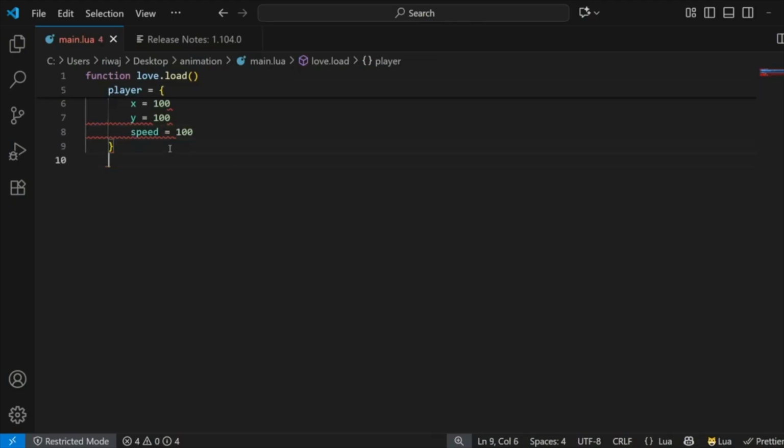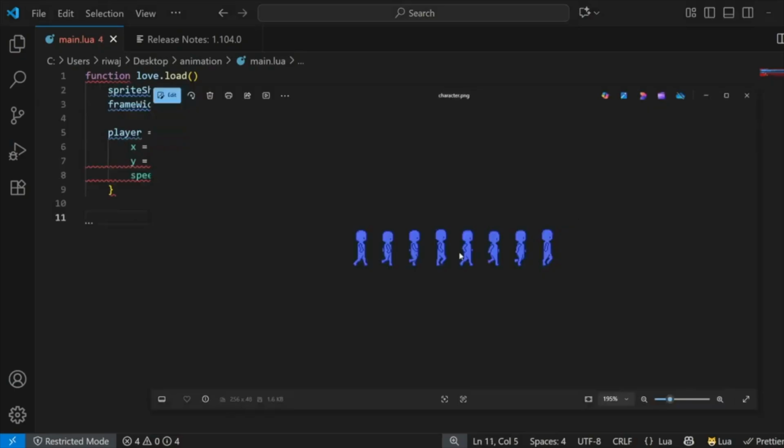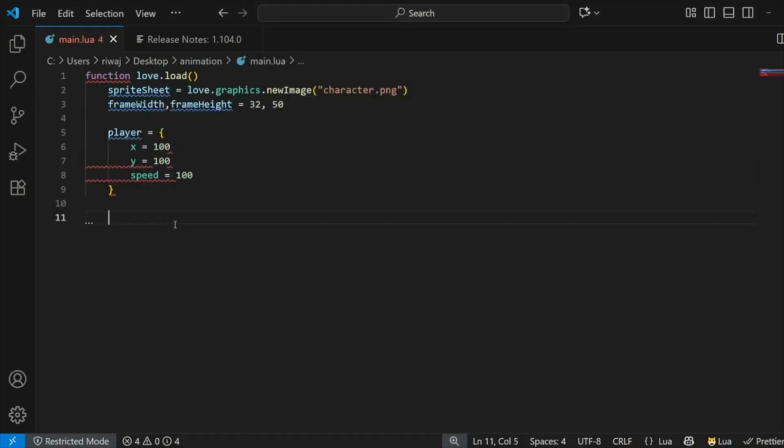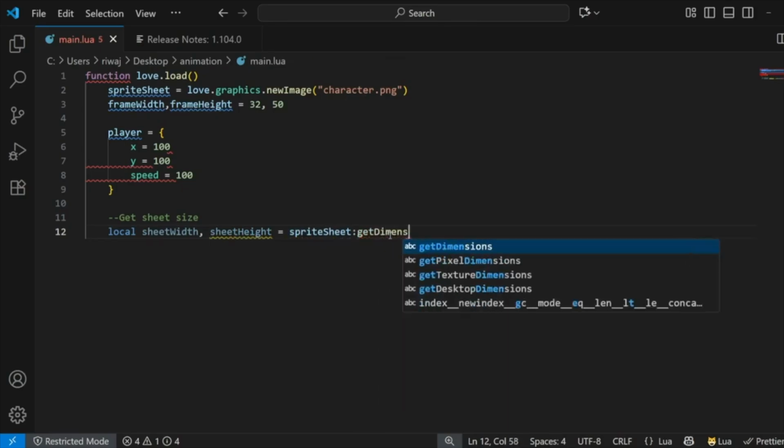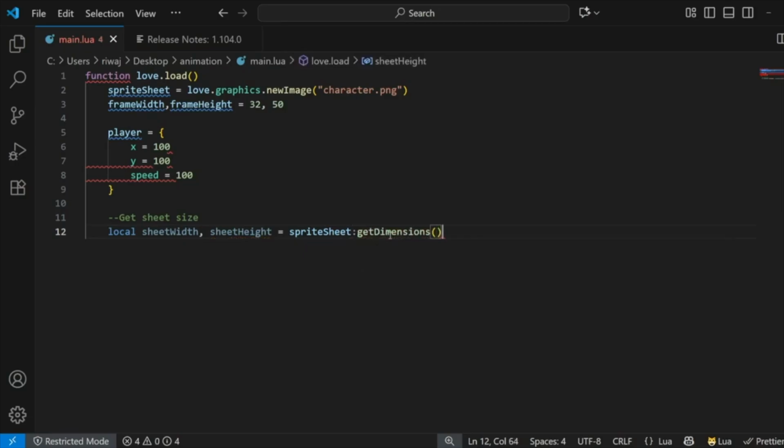So after that, we'll have to obtain the size of our sprite sheet in order to work with it. So first we'll get the sheet size. For that, we'll create two variables once again, local sheet width and our sheet height. Now this will be sprite sheet, in which our sprite sheet is loaded, colon getDimensions. So with this, we'll have the width and height of our sprite sheet,